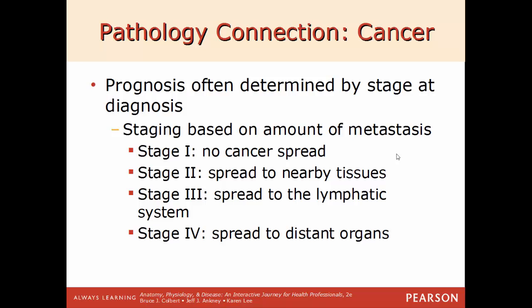The lower the number, the better, and the higher the number of the stage, the more serious it is. These stages are based on the amount of metastasis of the cancer. For stage 1, the cancer has not spread, which is good. Stage 2, it has spread to nearby tissues. Stage 3, it has spread to the lymphatic system. And then stage 4, it has spread to distant organs. At stage 4, it's the most serious it can be. There is no stage 5 because at that point, if it can't be treated or managed, the